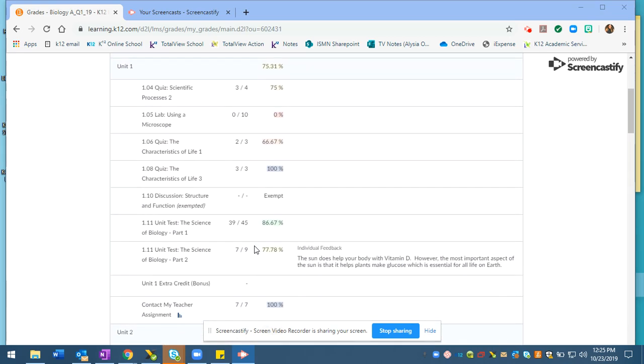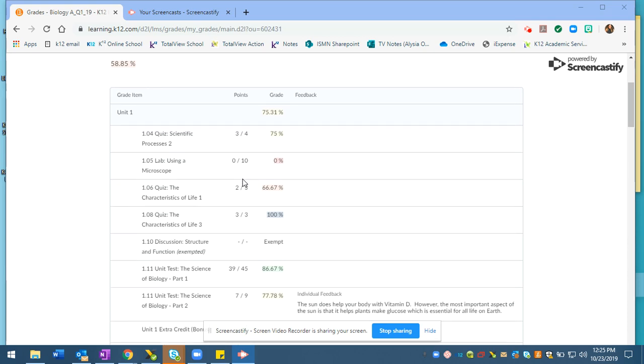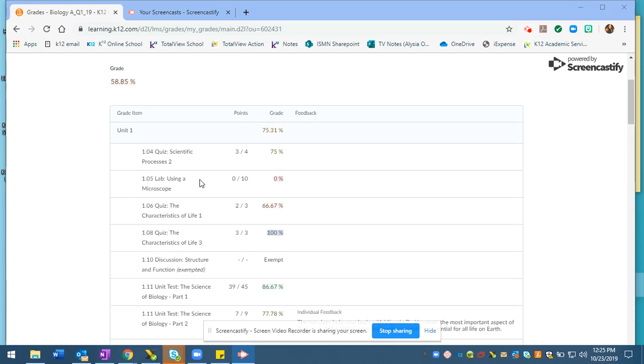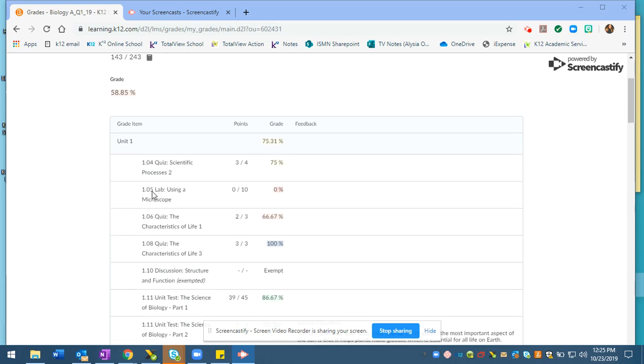So what I recommend is using a good old piece of paper or Microsoft Word, sticky notes, whatever works best for you, but writing down the assignments that you need to do to get caught up. So we need to add to the points earned by earning some of the possible points for each assignment. So this student would write down in Unit 1,